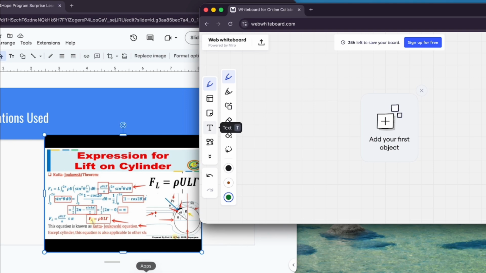Do not worry about this. This is a lot of calculus. Let's just go over the main equation here. In general, just think of it like this: L prime equals rho times V infinity